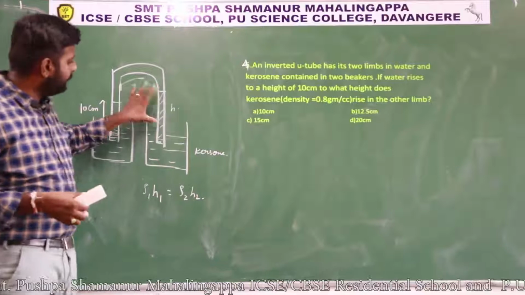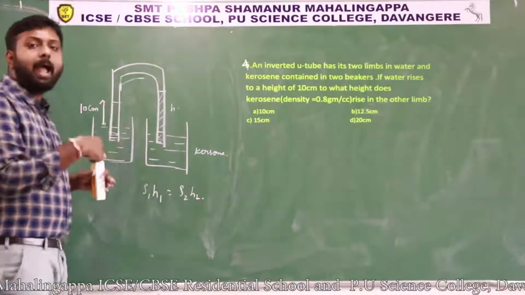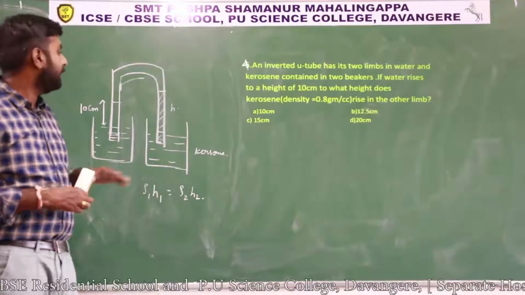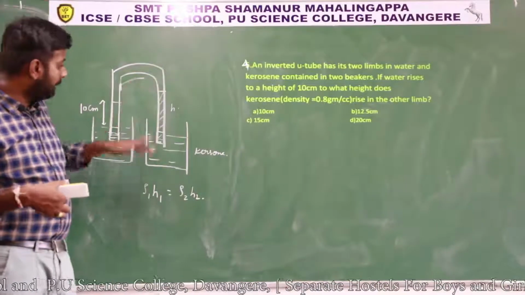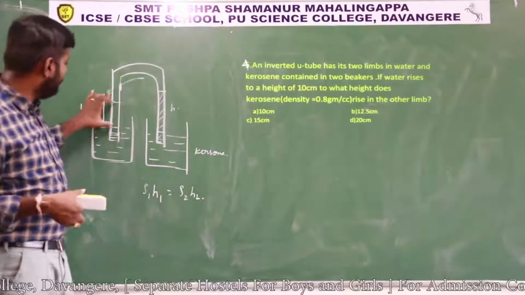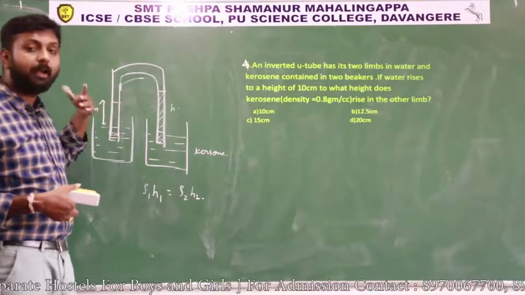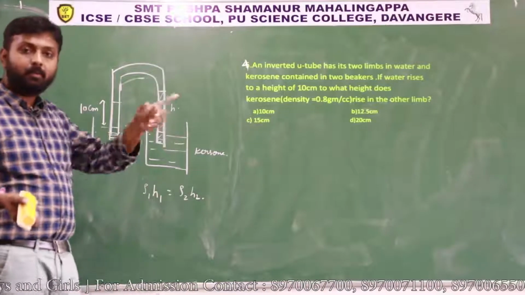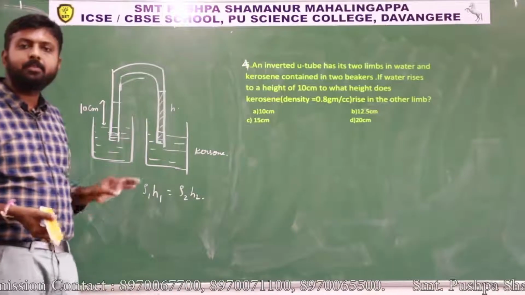The height of the liquid, or the weight of the liquid column here, has to balance the atmospheric pressure. Here also the weight of the liquid column, water column, has to balance the atmospheric pressure. So atmospheric pressure is same, means rho g h is constant, means we can write rho 1 H1 equals